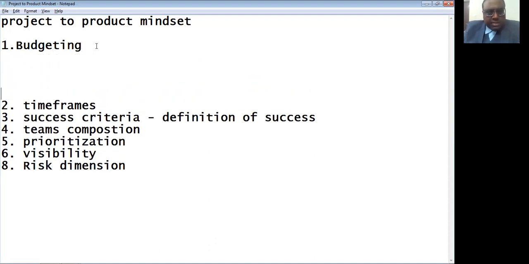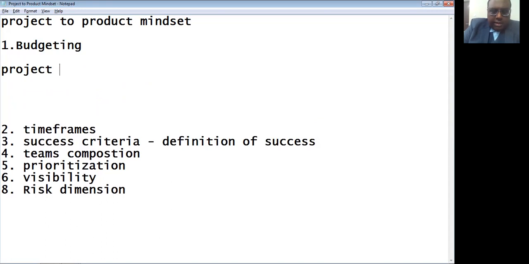So the first thing is the budgeting. What happens in project based budgeting? You are predominantly trying to fund the predefined milestones, because even by the PMI definition, a project is a short term, temporary endeavor.